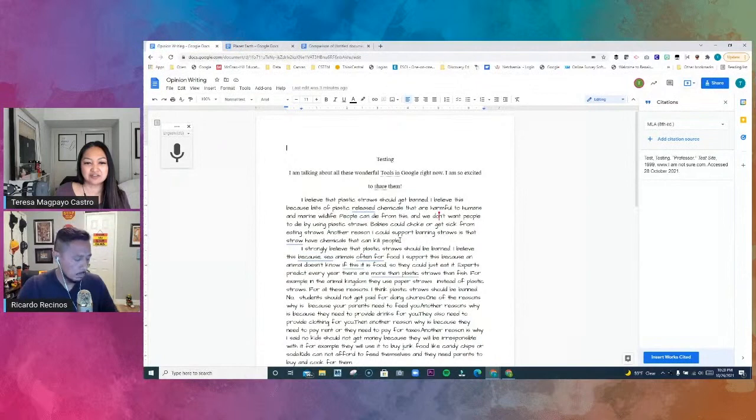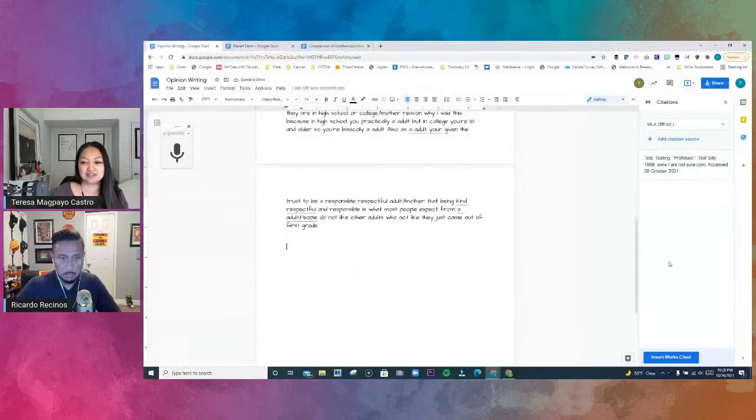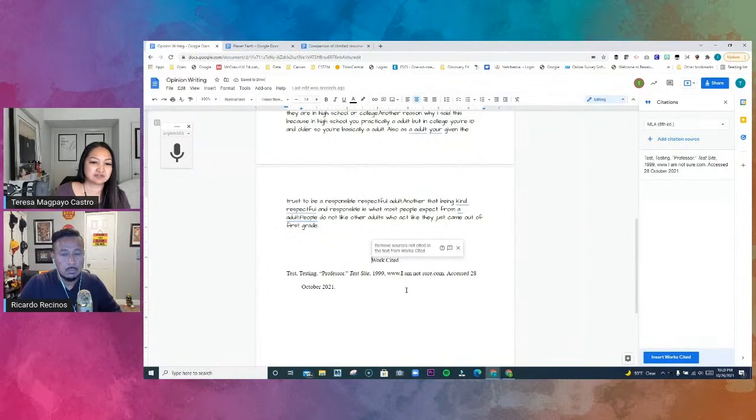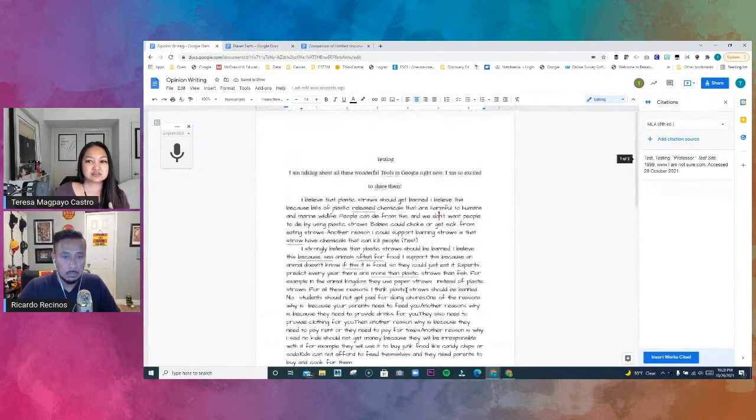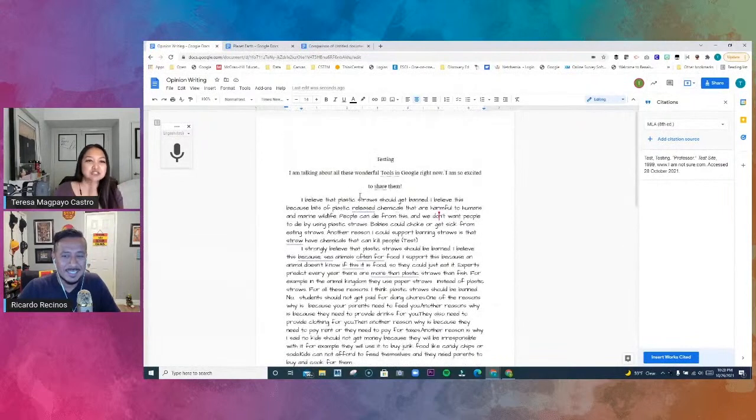As I'm writing, if I want to add a citation, these are for our kids. If you're teaching them how to do this, they don't have to do it by hand. They can create it ahead of time and cite it. You can see it cited right there. When they're done, at the very end, they could insert works cited or bibliography or whatever they usually have. It's a pretty cool resource that I wish I knew about when I was taking that class, so I could reuse my sources, because we use them a lot.